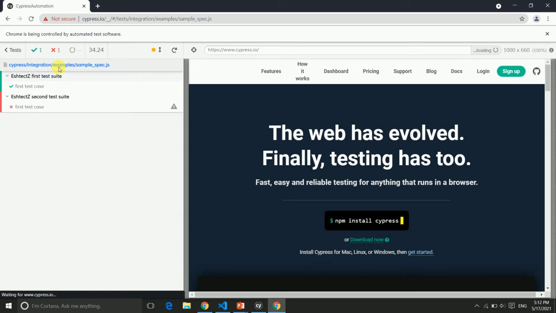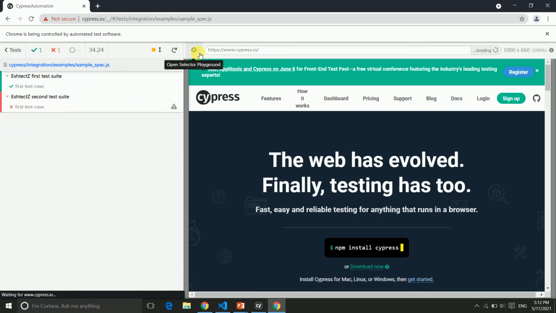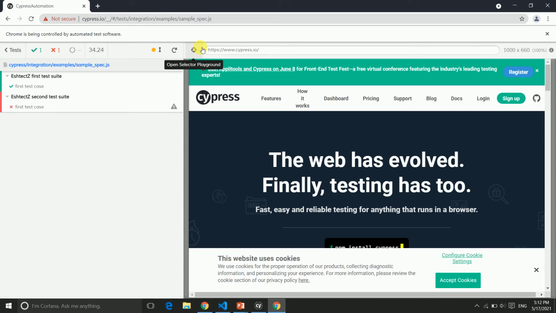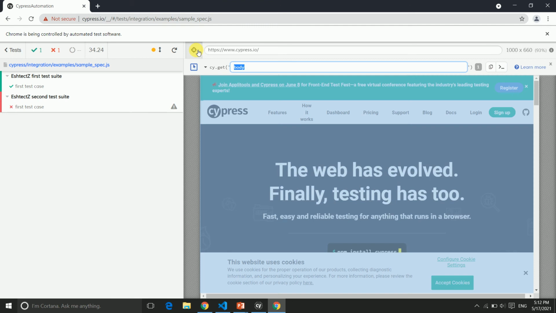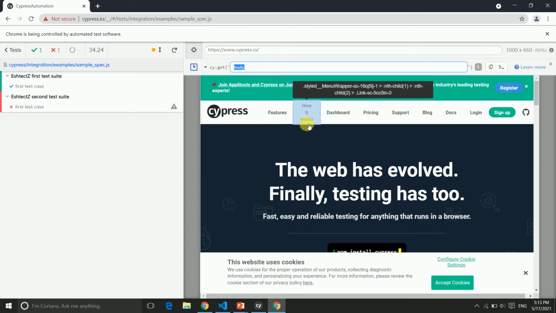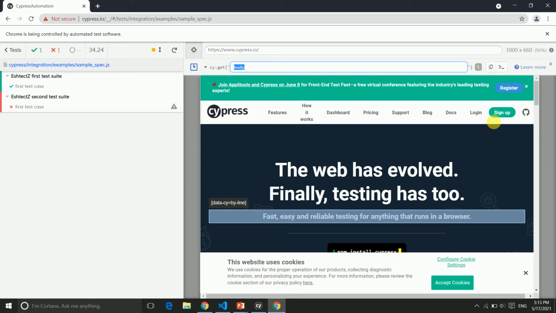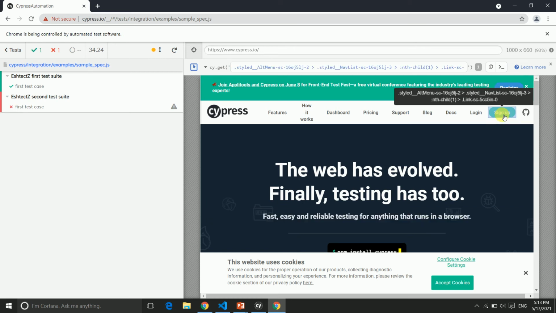We don't actually need to go here for locating. You can see that where I am mouse hovering on that particular locator, it's giving me the message like open selector playground. So by using this selector, you can actually get the path of any particular area in this bar. Suppose if I just click on it, now it starts highlighting all the areas. If I want to get the path of sign up, just click on it, and here it's giving me the path of that particular sign up, and you can see one matched element. You can just click on this clipboard, it will copy and you can use that path.